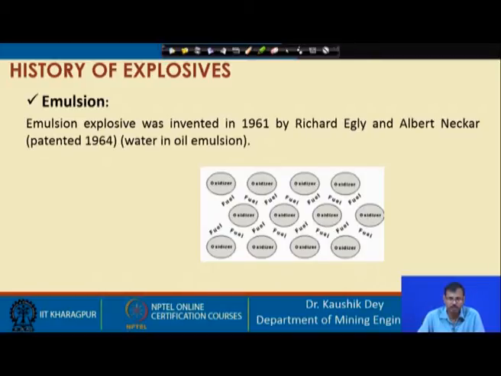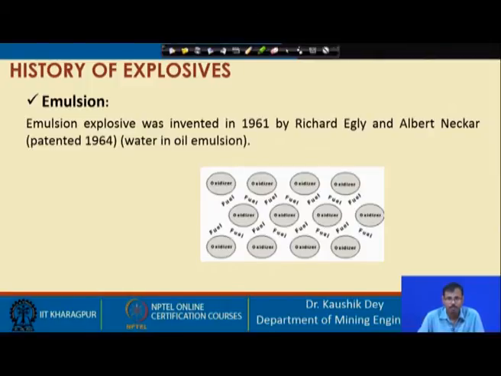So, the detonator is providing the shock. That shock level may be different for different explosives. This may be a boost for some explosives, or this may be sufficient for some explosives, and this detonator is essentially required to initiate the explosive. That means, nowadays this commercial explosive has one control: if anyone is having this explosive, he cannot explode